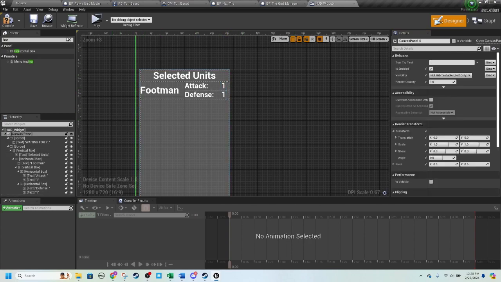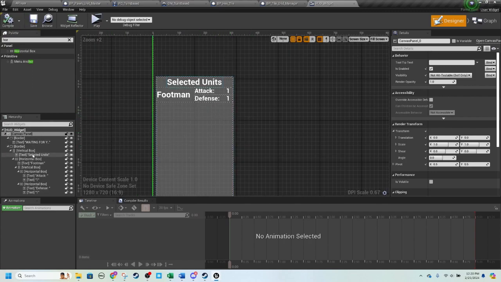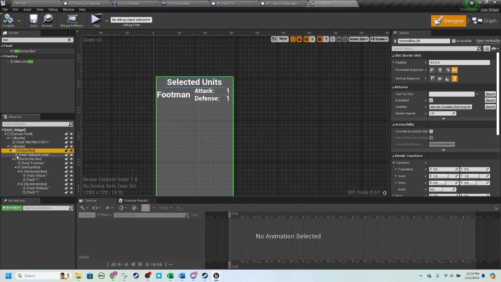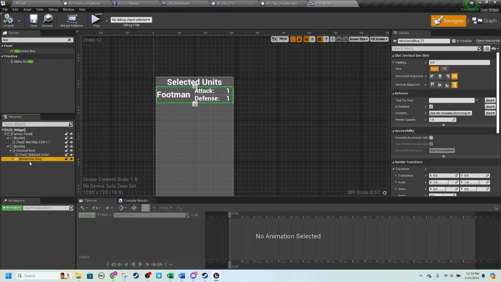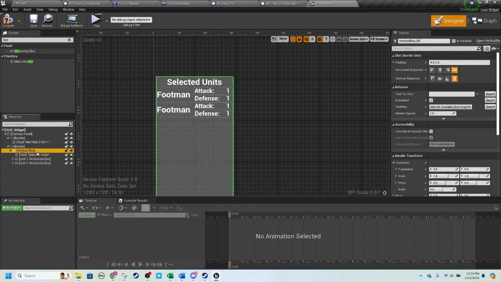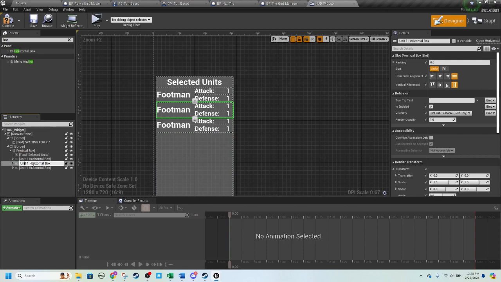So that gets those squared up, which I think looks a lot better. Okay, so this will kind of be unit 1 horizontal box. We'll just copy this 2 times. Unit 2, unit 3,